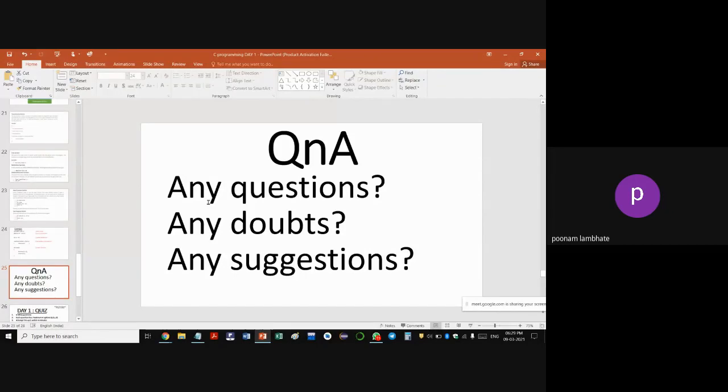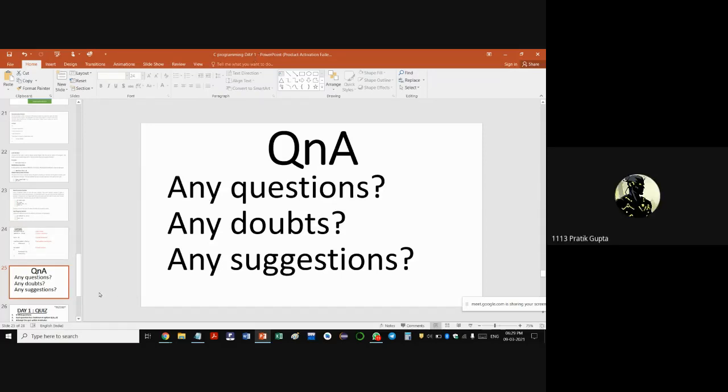Suppose printf is also a function, scanf is also a function. You are just calling those functions in your program. You're not defining what should be done when you call printf. These definitions are already available in the library. You just have to call the function, not define it. So in the library, the definitions are present. Different constants are also defined in the library. Okay. Any other question?